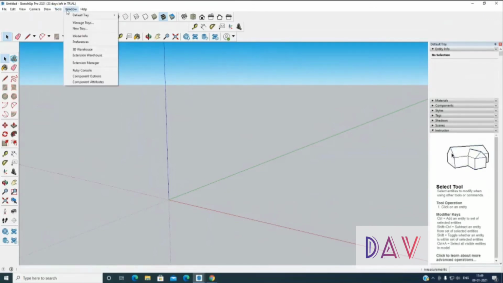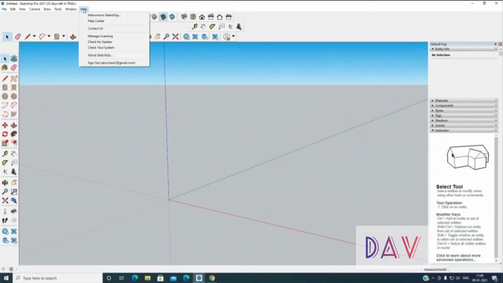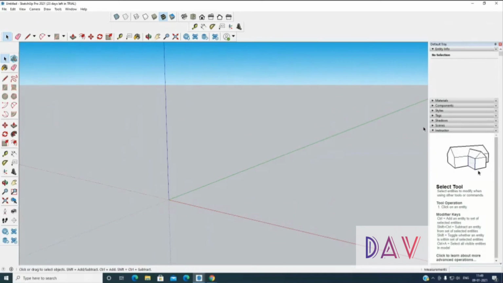Along with that, if you go to the window option, we have a 3D warehouse. We'll be looking at components in 3D extensions and extension manager. We have extension warehouse. If you want to add a component and you want to change the component materials or properties, you can do it directly from this attribute option and the option of components. The help toolbar is just to contact the SketchUp designing team, and you will be downloading n number of items from this. So you have that toolbar over here.